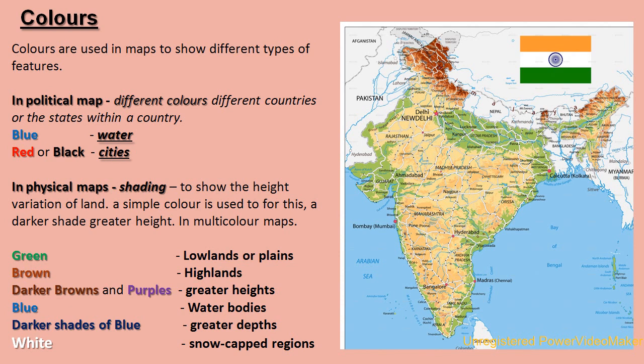In the Indian map, we look at only the Indian side. Okay, the neighboring countries are also marked with the white. We are not considering that. Within the Indian boundary, wherever you are finding the white color marks, except the roads, shades of the white, you will find that area is a snow-capped region. This is how the colors are used in a physical map. Now we saw what are the colors used in a political map and what are the colors used in a physical map.